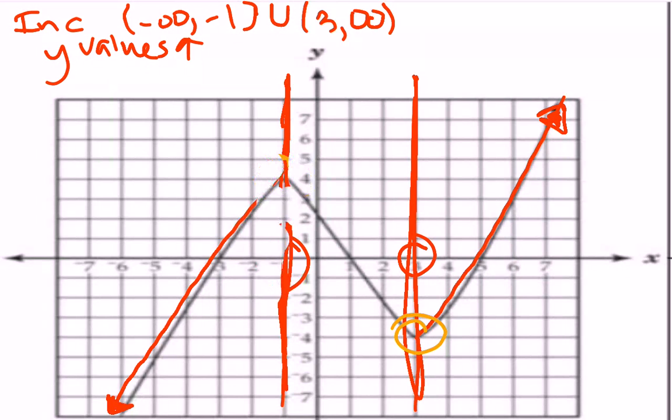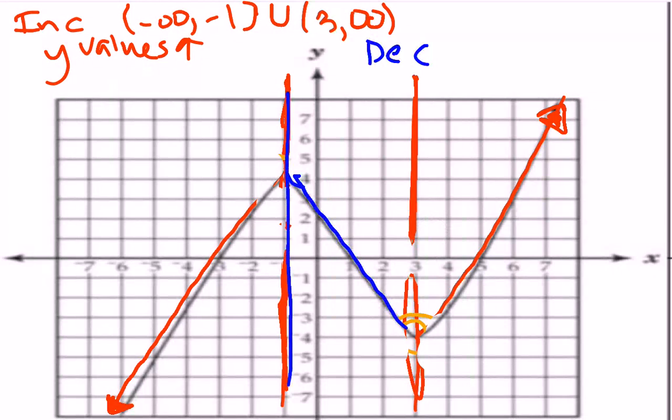So if I've talked about increasing, the next logical thing to ask about would be decreasing. So decreasing means on my graph we're going down from left to right, or you could think of it as a negative slope. Since decreasing means we're talking about the y values going down, I'm asking where, between what x values, are my y values going down. And that's happened from -1 to